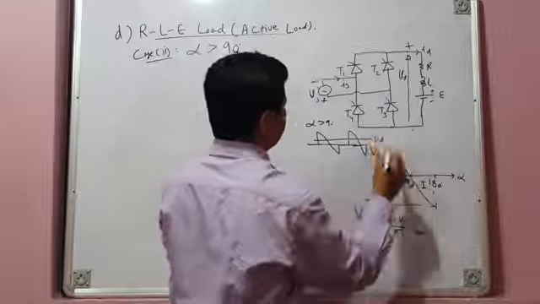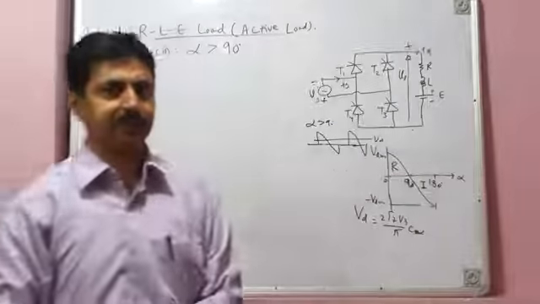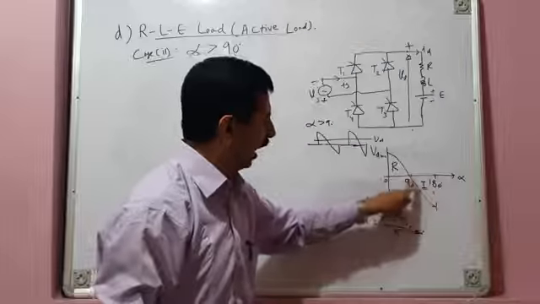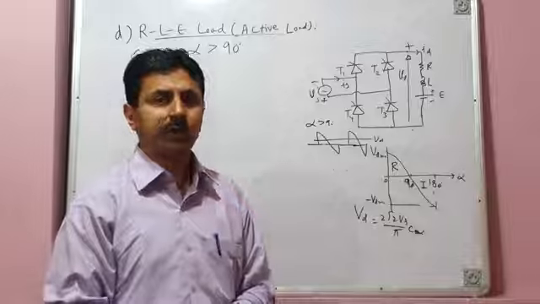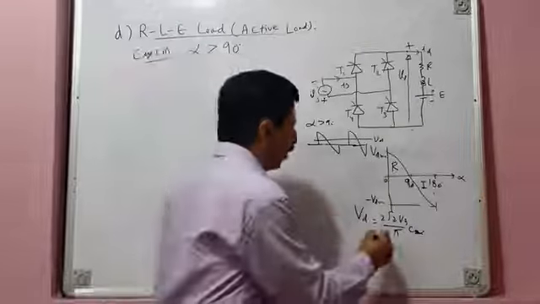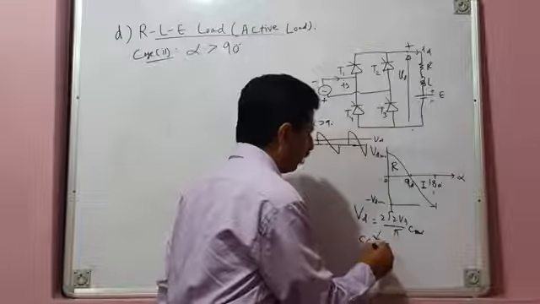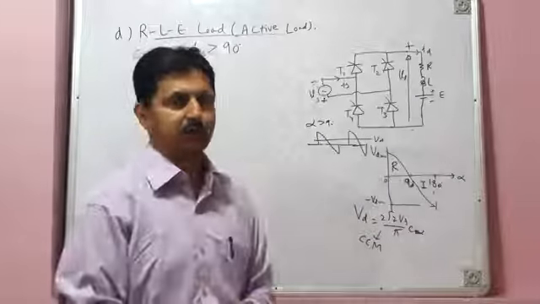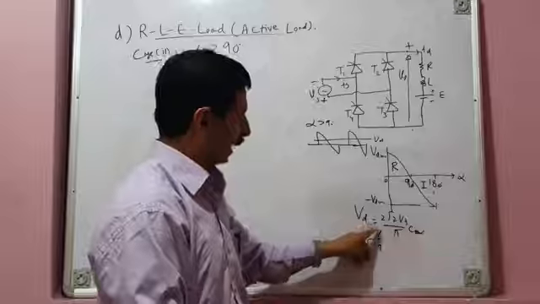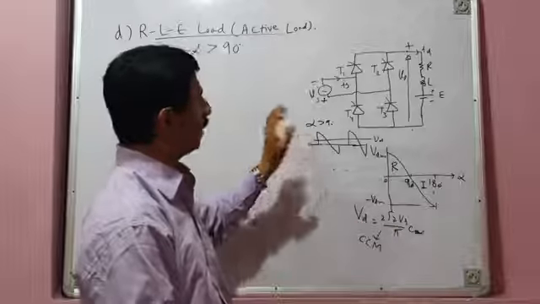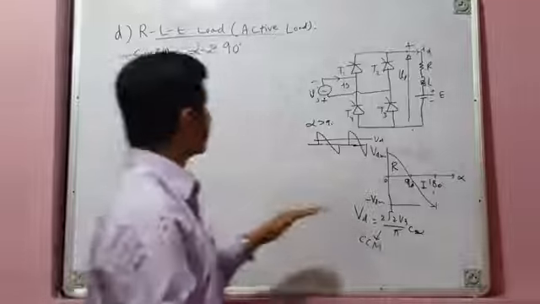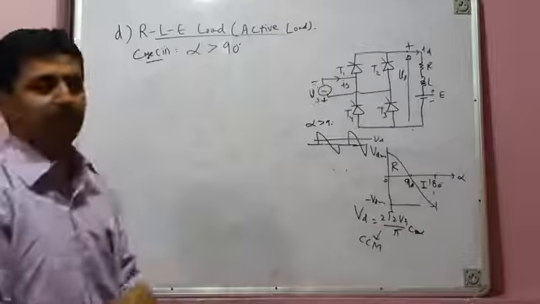This was your average load voltage, positive even for alpha greater than 90 degrees. But this equation tells you that for alpha greater than 90 degrees, average load voltage should be negative. This is possible only for continuous conduction. I told you last time that this equation is valid for continuous conduction mode of operation. Continuous conduction will not happen for an RL load for alpha greater than 90 degrees. That's not possible. It is possible only when you have an active load, an RLE load.